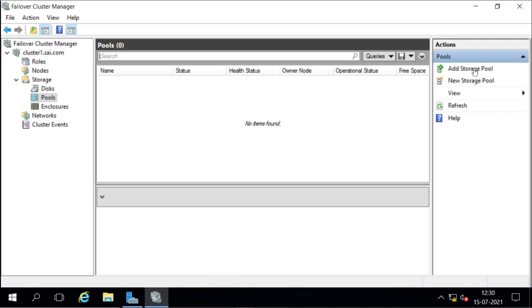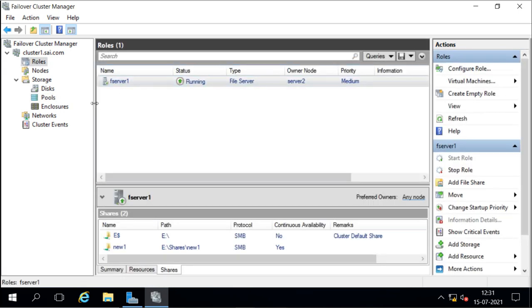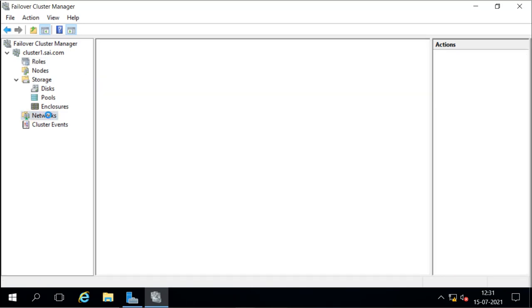We can add the storage pool directly from the server, or we can create a new pool, and from that pool we can create a mirror volume, RAID 5 volume or stripe volume, and that volume we can use to store the role data for the roles and services.